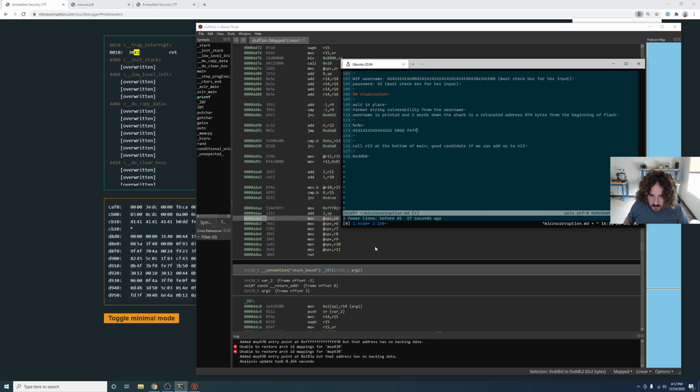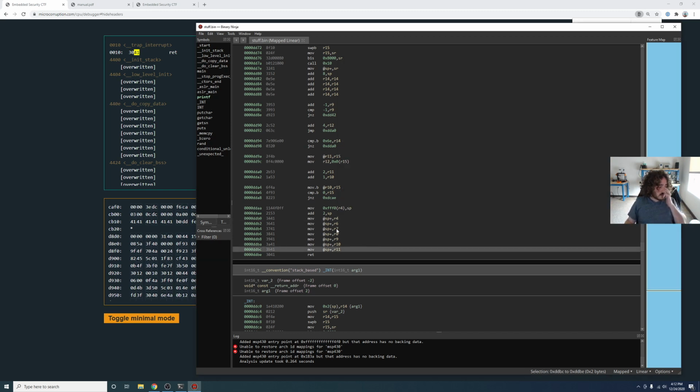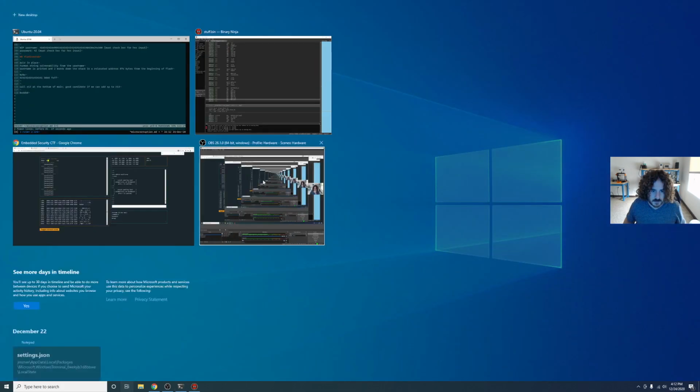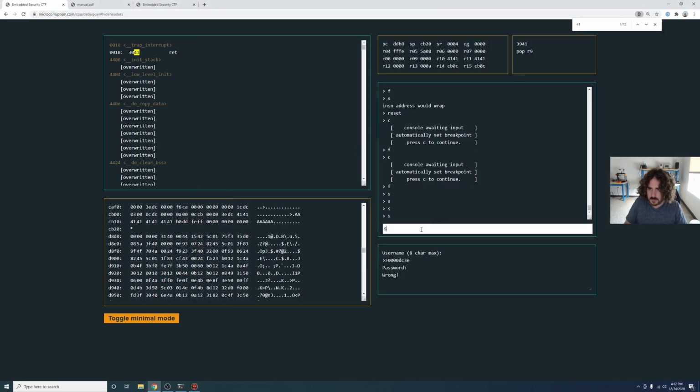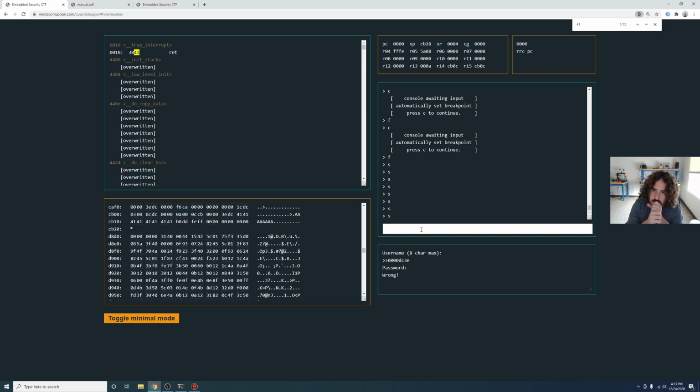So we have a call, but we don't get R13 here. So these are all pops. Oops. So like 9, 10, 11, and then we're gonna ret, and it is, yeah,